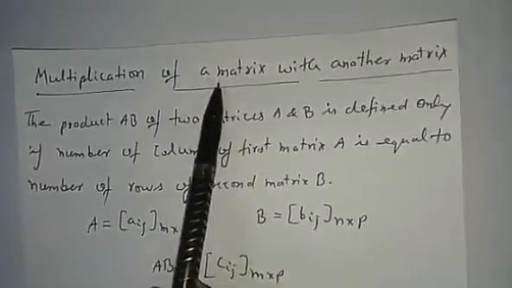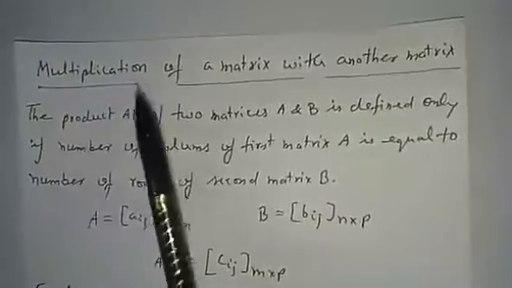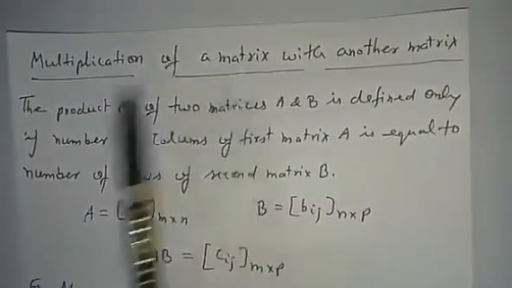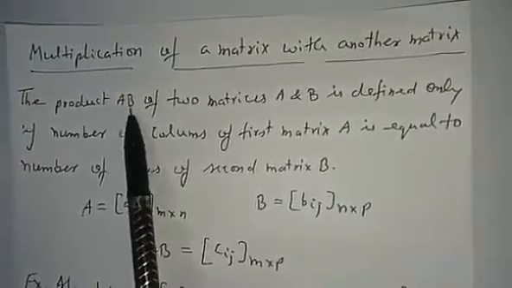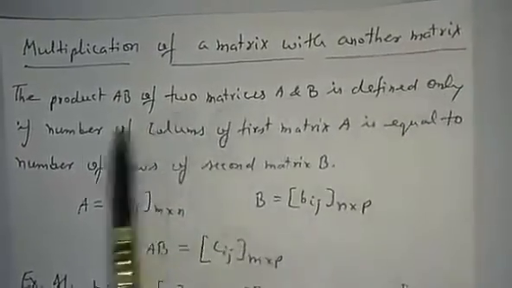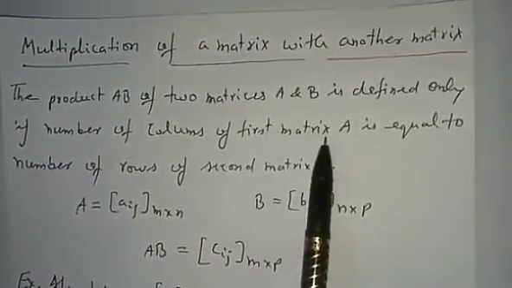Multiplication of a matrix with another matrix. So now we are going to multiply two matrices. The product AB of two matrices A and B is defined only if number of columns of first matrix A